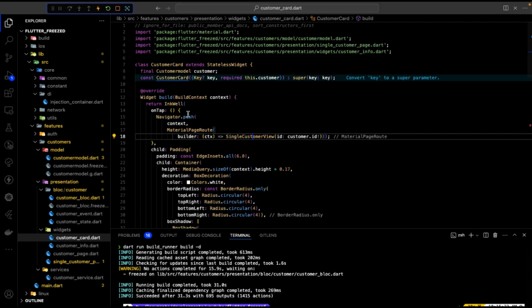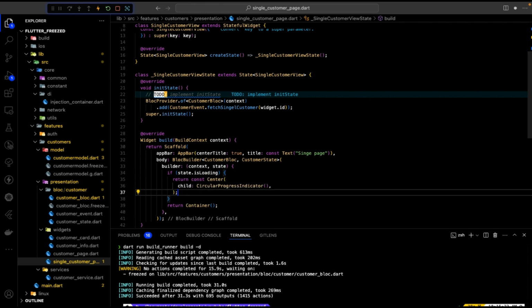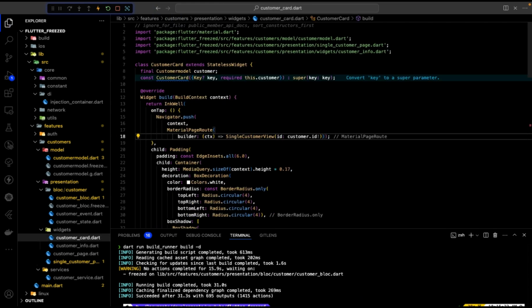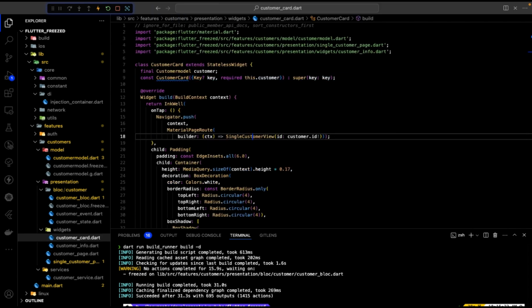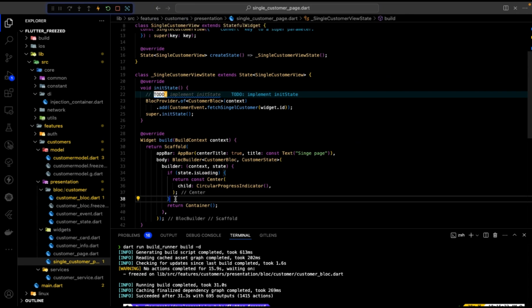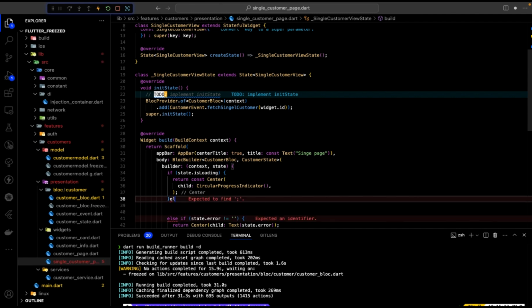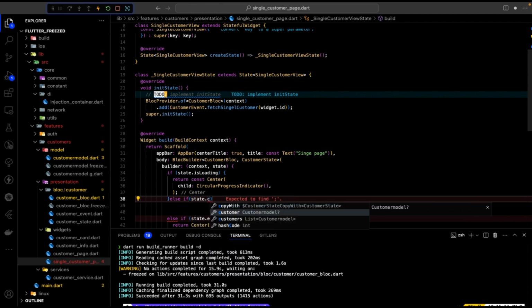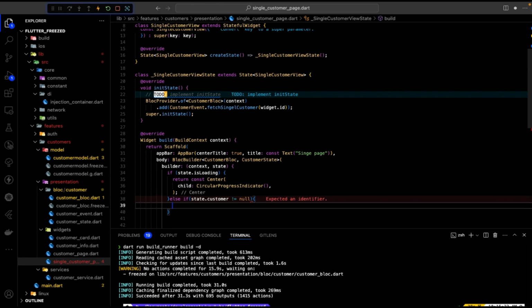This one, okay, it's the same thing, we don't need to write it again. Return for me that. Also return for me if the state has some error. Okay, but let's say else if the state.customer is not equal to null, because we know initially it's null. So if it's not null,